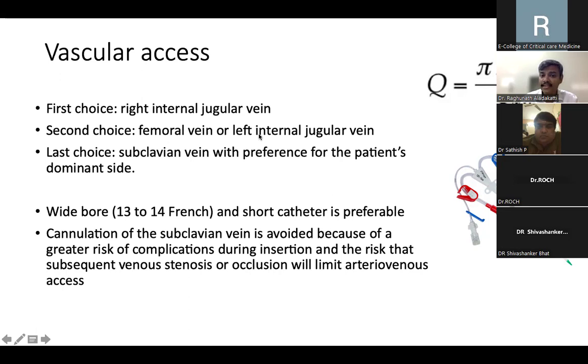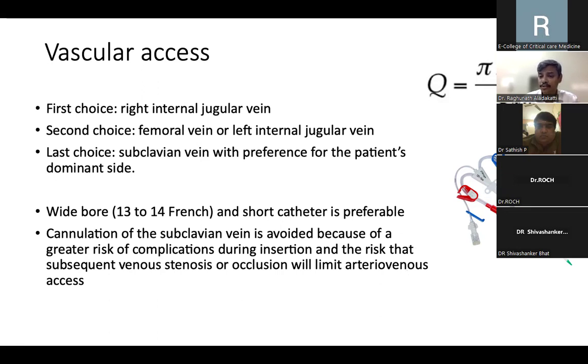So in case of right and left, right is the most common use, left is the second option. The last choice is the subclavian vein. Why are we not using the subclavian vein earlier? Because there is a risk of complications during insertion, like a pneumothorax, arrhythmias, and also there is a risk that subsequent venous stenosis or occlusion can occur,